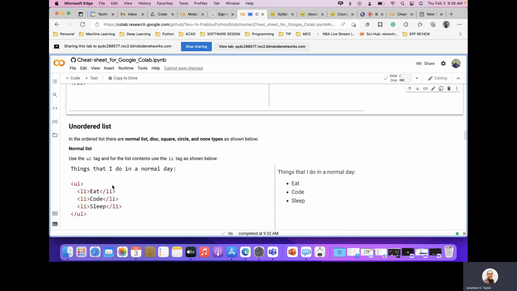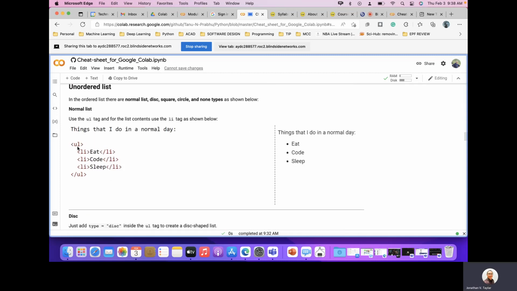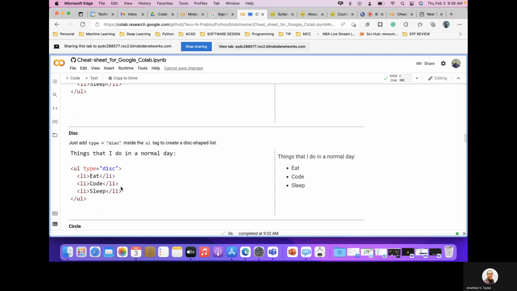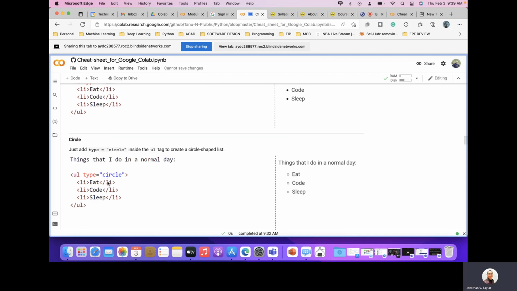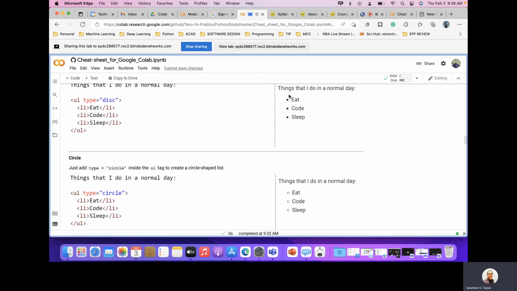But if you're going to create an unordered list, you can see here that it's not OL, we are now using UL because it's an unordered list. You can also use the type disk inside the UL tag so that you can create a disk-shaped list. Okay, you can also create a circle type. You can see the difference between the two. The first one is like a disk. That means it has a